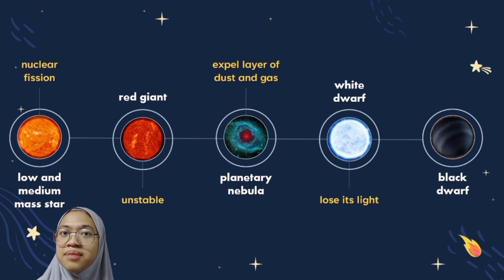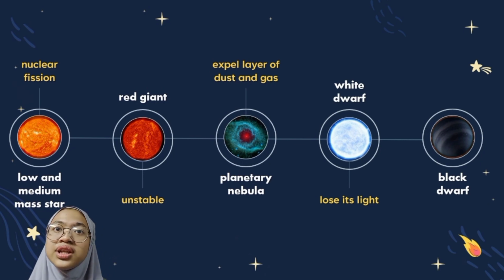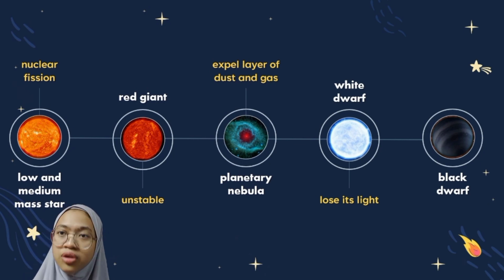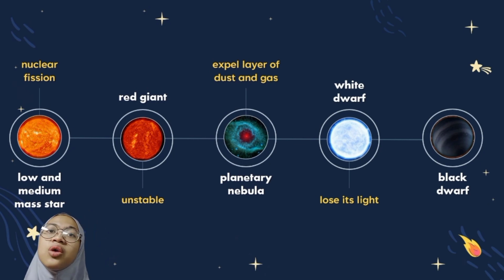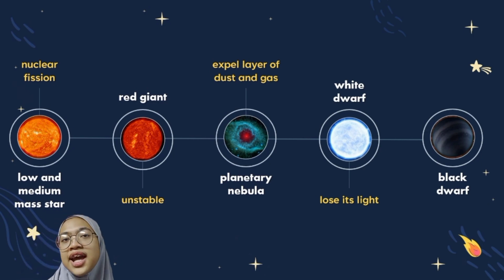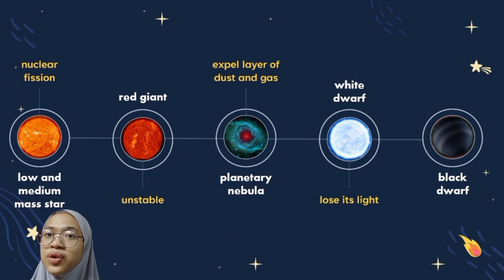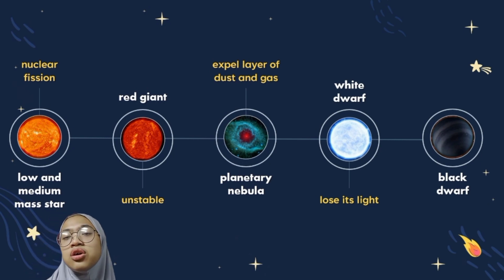process of dying. A star maintains its stability through a fine balance between its own gravity, which holds it together, and the outward pressure from the ongoing thermonuclear fission process taking place at its core. A red giant becomes a planetary nebula when the last of its fuel is spent and nuclear fission stops within the star. At this point, it ejects its outer layers of matter. This layer becomes the planetary nebula surrounding the white dwarf star that was once the stellar core of the red giant.